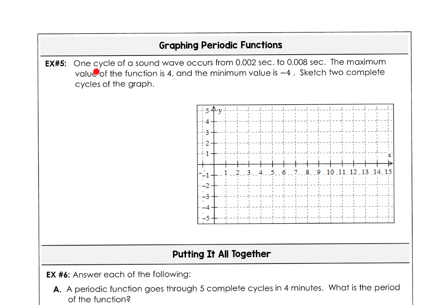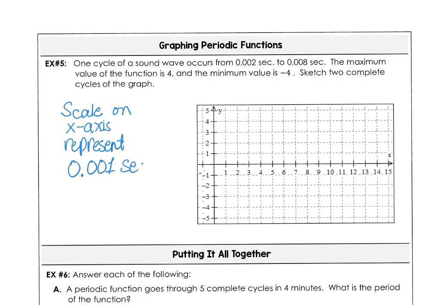Similar to example 4, we have one cycle of a sound wave that occurs between 2,000th of a second and 8,000th of a second. If the maximum value of the function is 4 and the minimum value is -4, your job is to sketch 2 complete cycles of that graph. And again, I'm going to let the scale for the x-axis, where we have whole numbers there, represent that fractional portion of our time,